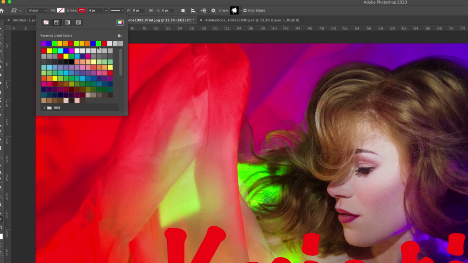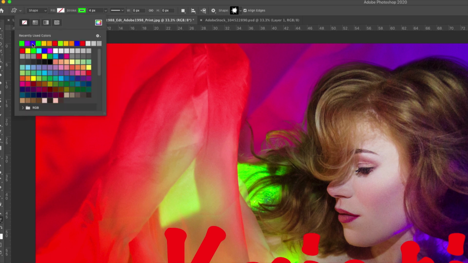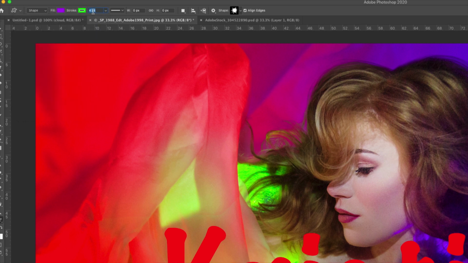So let's give it a green outline, and let's make the fill purple just for conversation's sake. This is the width of the outline of the shape, so basically 4 pixels, and then also, what do you want the outline to look like? So let's just keep it as a constant line.